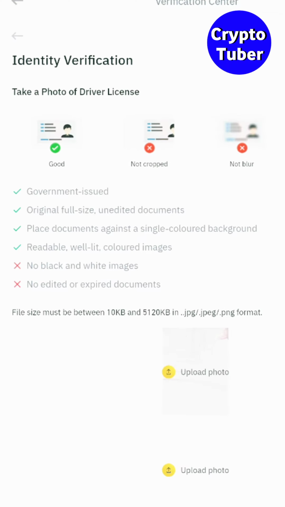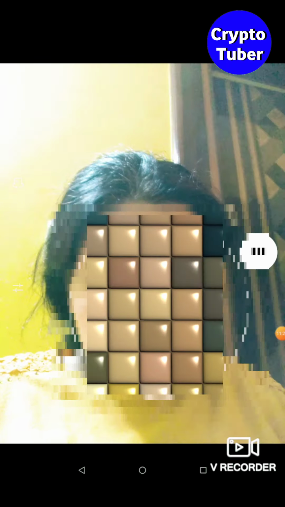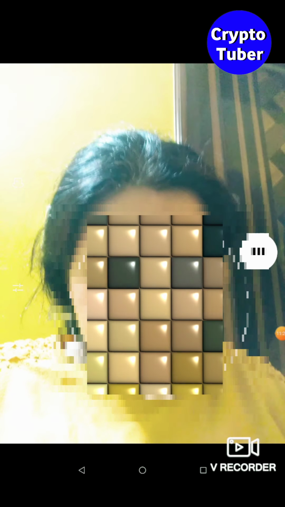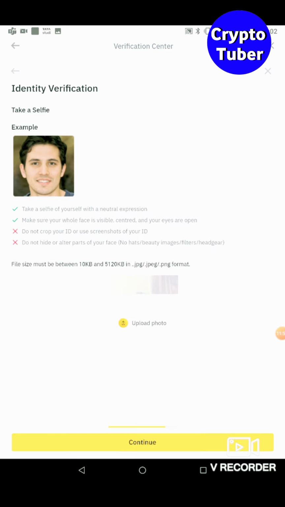Once it gets uploaded, the next part is your face verification, which is really very important. Face verification is the main part of Binance verification. For this you have to take a selfie. Click on the continue button.